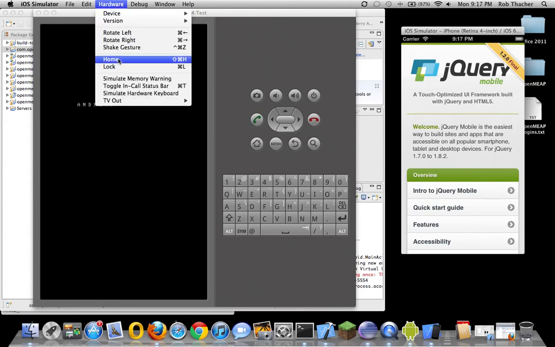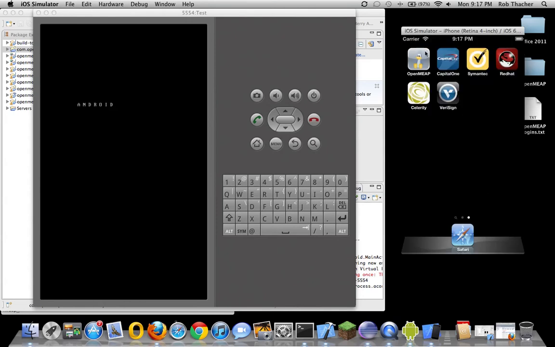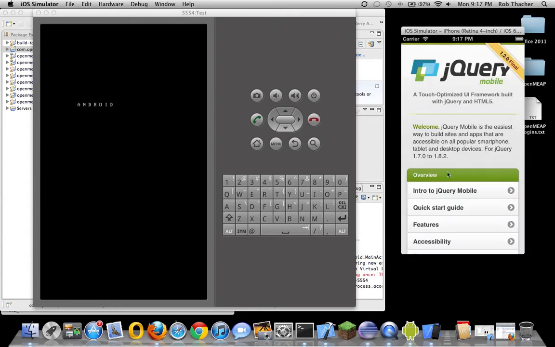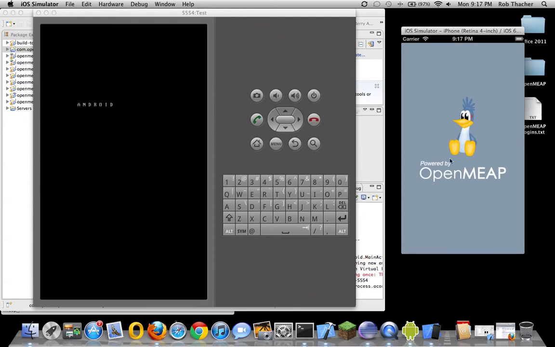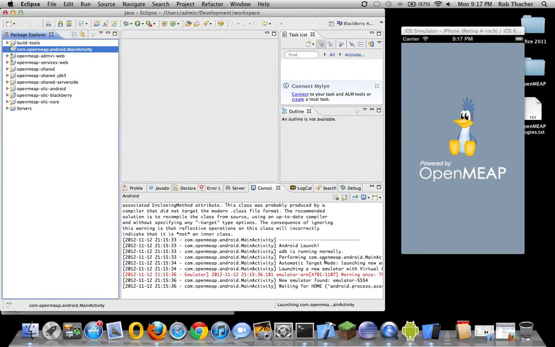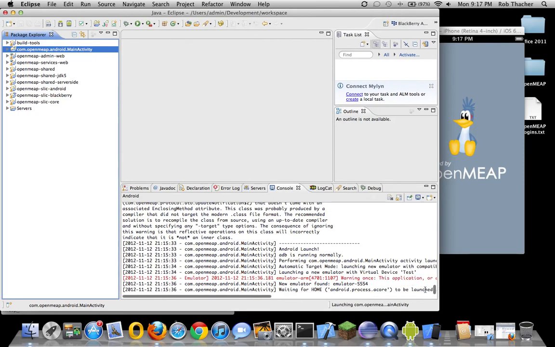It takes a while for the Android to come up, but as you can see, this is the icon it built for the iOS. When you click on it, you should actually get your default application. I already had a different version running on this side right here, but this is the actual version that you should actually see at the beginning. And whenever we actually get the other simulator launched,